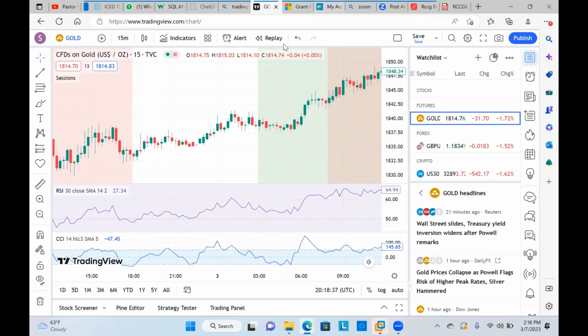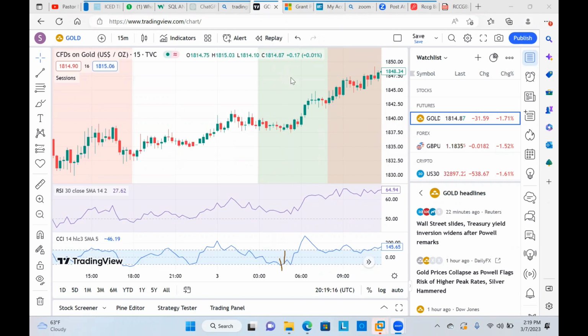Let me see if I can draw. All right. So you see that it touches over here. That's when it touches it. Very good. Now, as it touches it here, you see that on this particular place, it has reversed like it is going back. All right. Let me stop this. You see this? This is the candle where it touches. This second candle is the candle where it is now going back. As soon as this second candle ends,